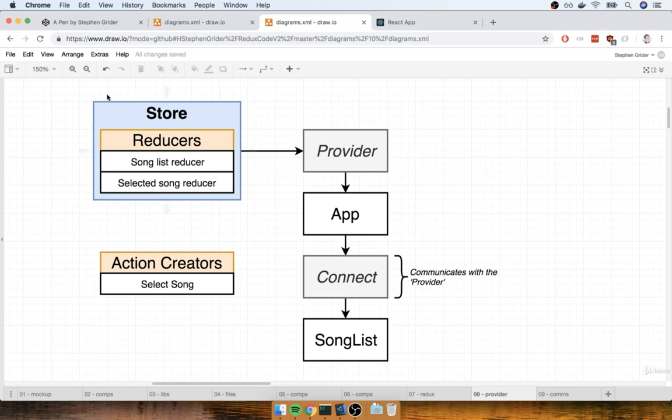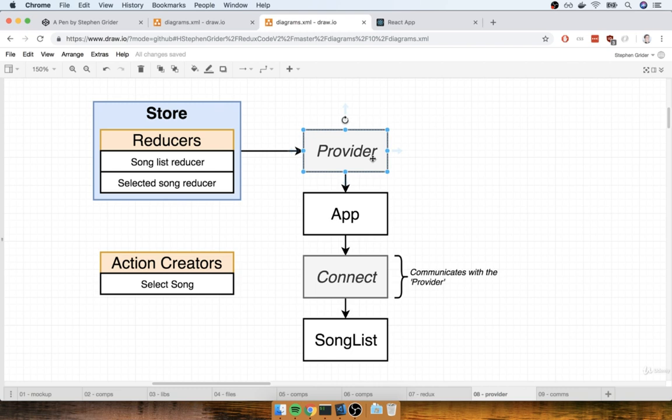You saw a moment ago when we were working on CodePen that after we took all of our reducers and combined them together, we then eventually ended up with something called the Redux store. And that store is what contains all of our reducers and all the state of our application. We are going to take that store that gets created and we're going to pass it as a prop into this provider thing. The provider is going to be rendered at the very, very top of our application hierarchy, even above the app component. So technically, we're going to show the app inside of this provider thing. The provider is then going to have that external reference to the store right here. The word provider or the term provider essentially means it is providing information to all of the different components inside of our app.